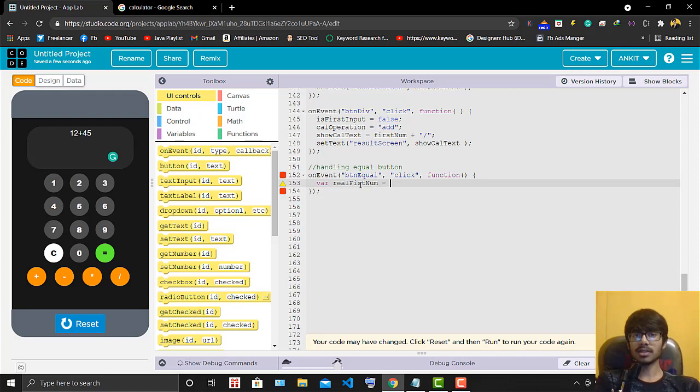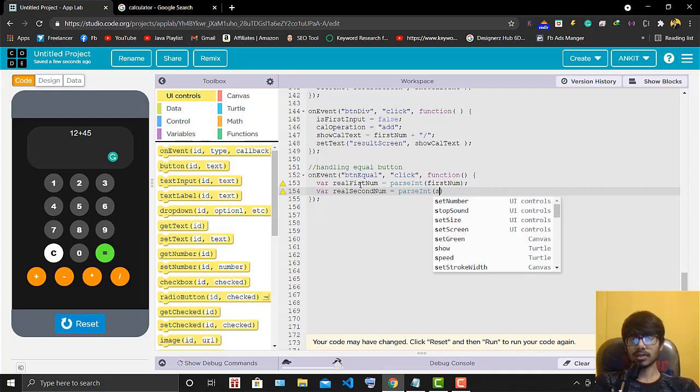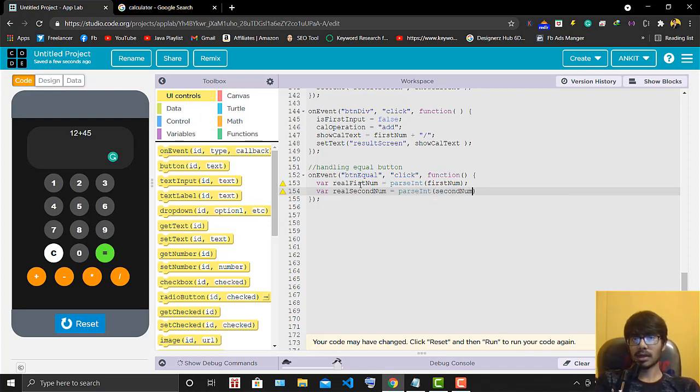Now this one equals will be parse int, because I want to parse the first num. So I am parsing this. Now the real second num, second num, right? So I parsed it.